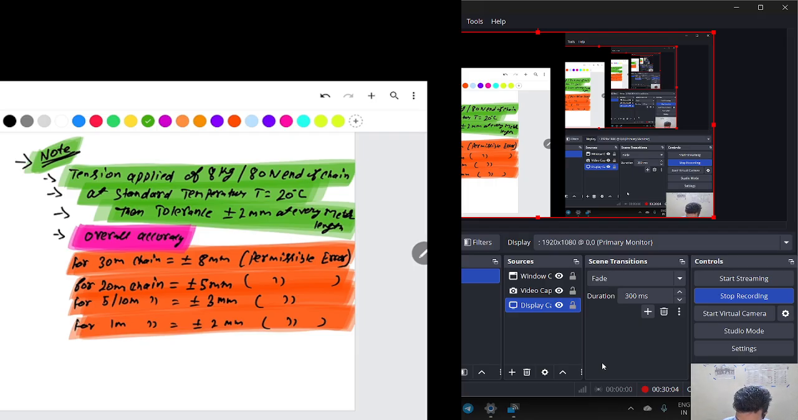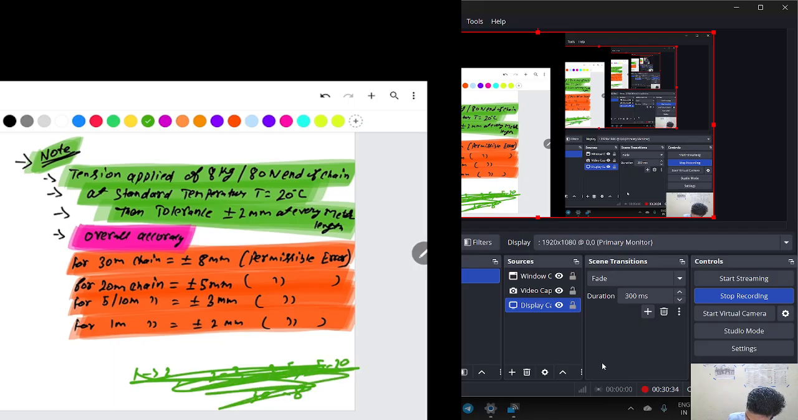You have to remember like this: 1, 2, 3, 5, 20, and 30. And similarly, learn below like this: